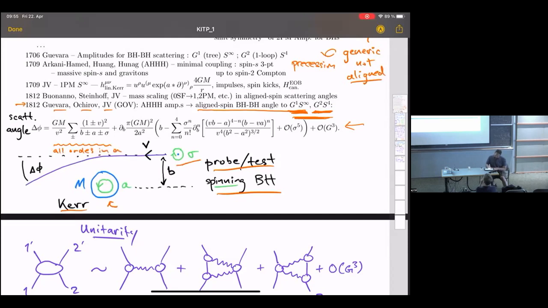So A is the ring radius of the big curved black hole down here, sigma. So this is actually the result in the probe limit that I was just discussing. This very simple structure at first post-Minkowskian order, quite simple also at second order. To all orders, here it was all orders in both spins. Here we can go to all orders